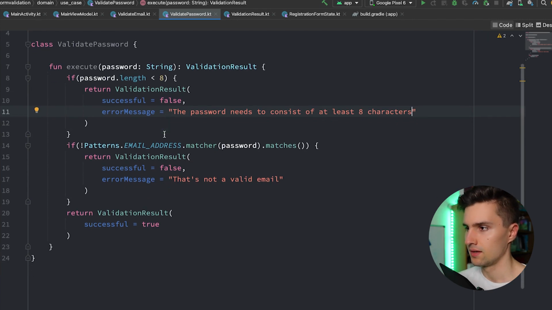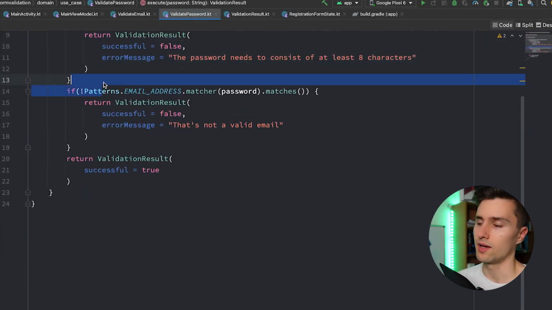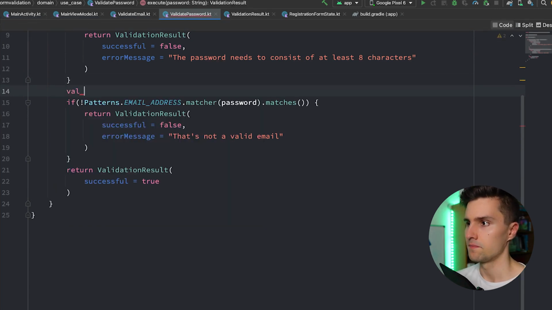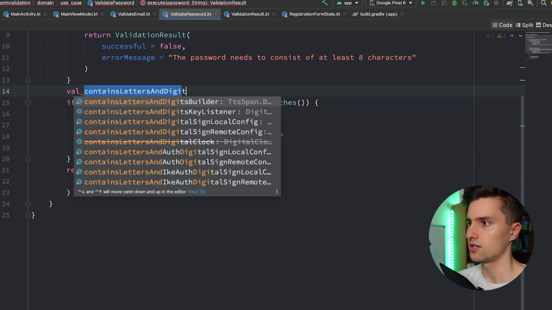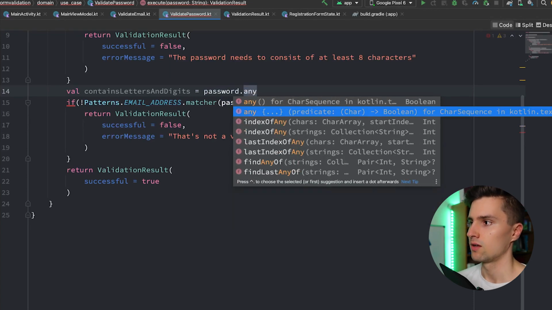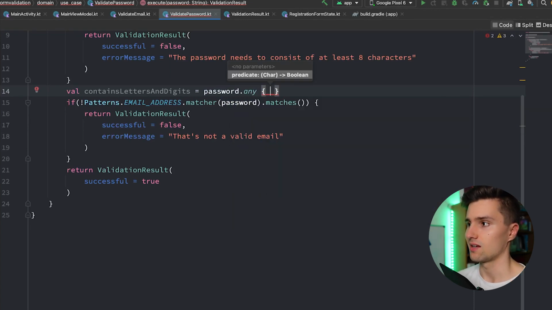Like that. What else can go wrong? Well, with the password, of course, it could be that we want to check if they're like at least a digit, at least a letter or so. So we could say val containsLettersAndDigits. And we could check that, for example, using the any function, which goes through all the characters and checks whether